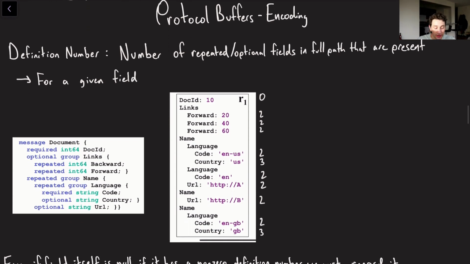Okay, the next piece of this is going to be the definition number. So similar, again, we're going to look at the full path of a given field, and we're basically going to check how many of the repeated and or optional fields in the full path that we have that are present. Cool. So in the case of this guy, right, forward 20, again, I'm sorry if this is hard to see, but that's why I'm drawing an arrow out here. We've got links